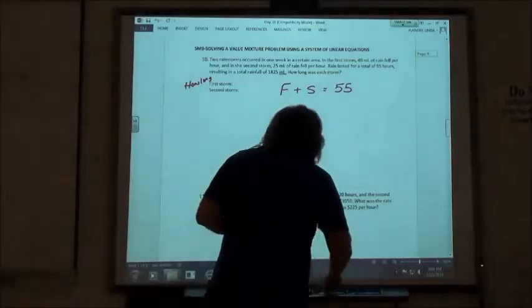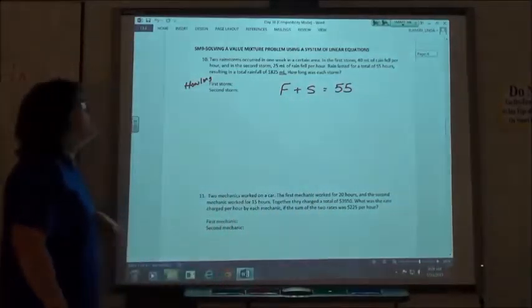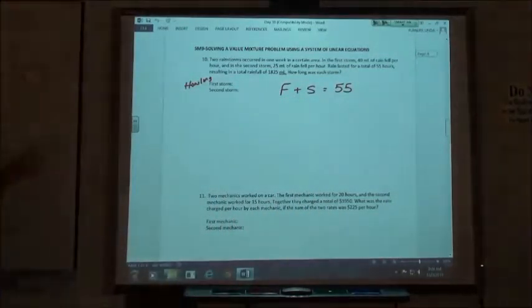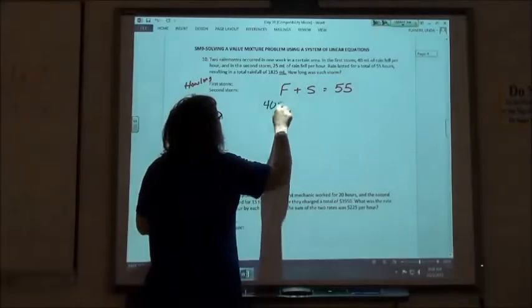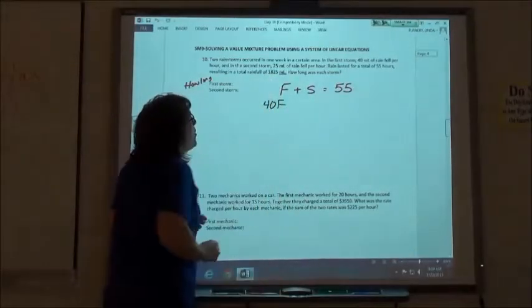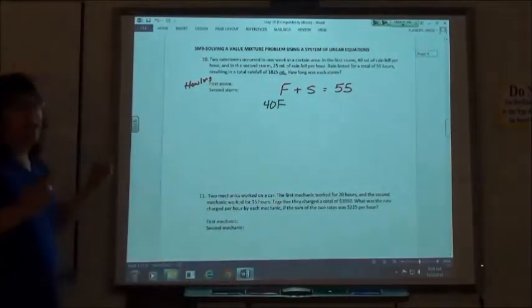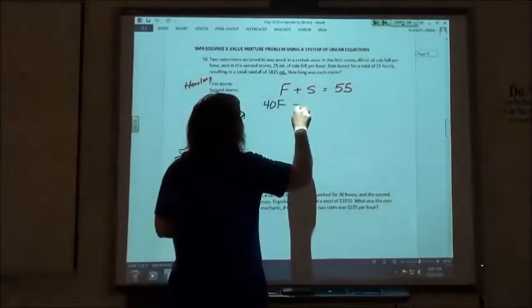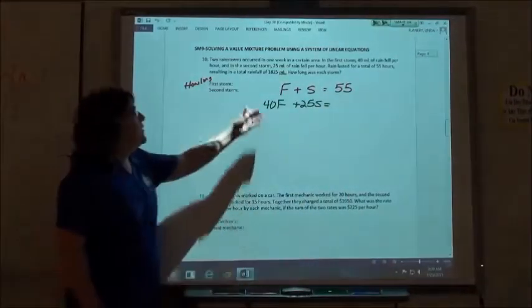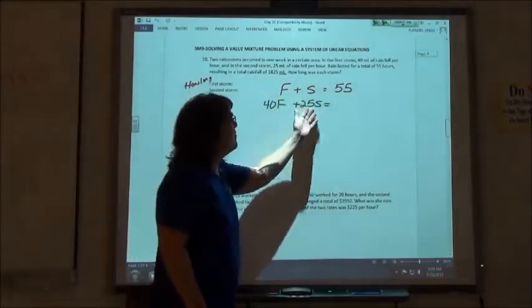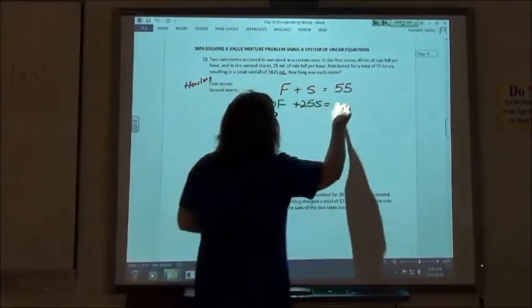The other equation is going to come from the number of milliliters that fell. If I take 40 milliliters times the length of the first storm, I have the total amount of rain for that storm. So 40F. If I take 25 milliliters per hour times the length of the second storm, I get the total rain from the second storm. So if I take the rain from the first storm plus the rain from the second storm, I should get my total rainfall,